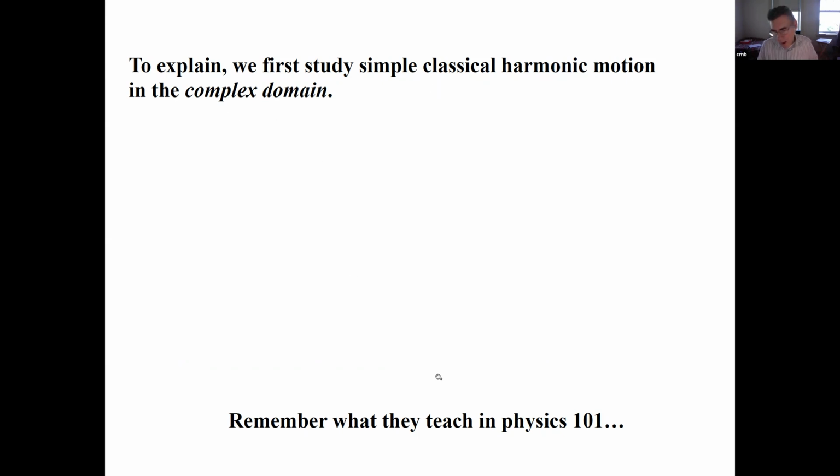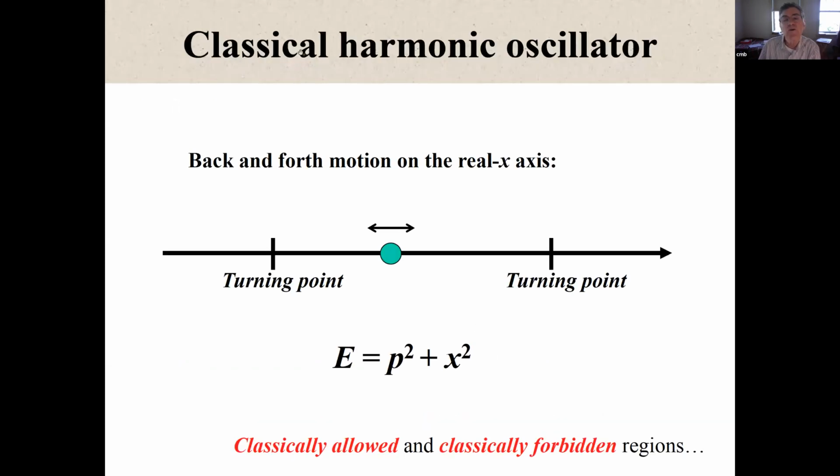Okay, so let's remember what they teach you in first year physics. You study the classical harmonic oscillator. This is not quantum, this is classical. For first year undergraduate physics, what you learn is that the energy of a classical harmonic oscillator is p squared plus x squared. You learn that the particle moves back and forth on the real axis, subject to Hooke's law,